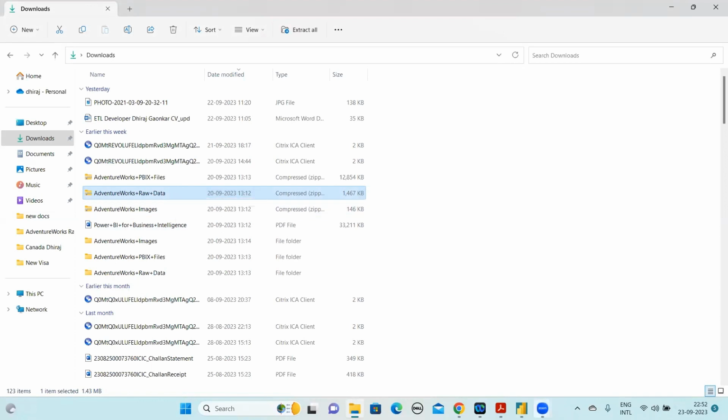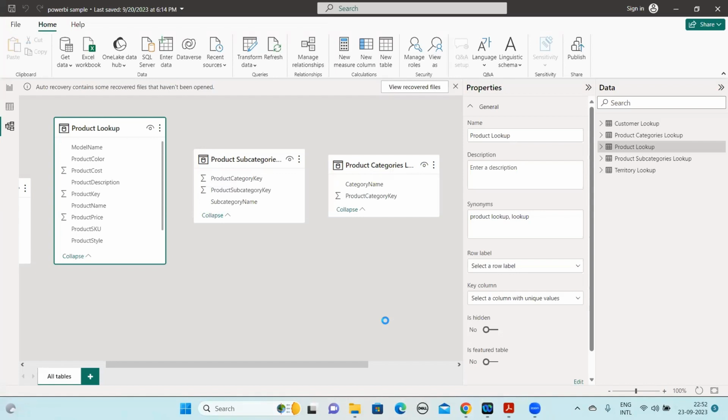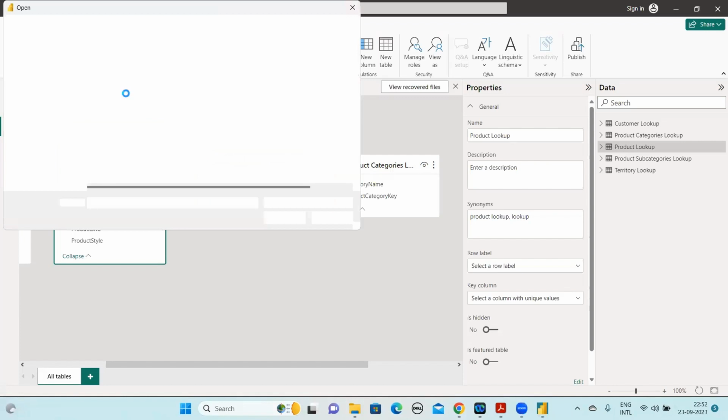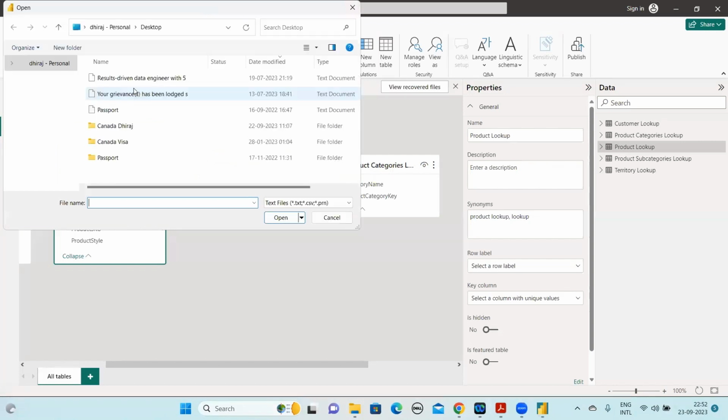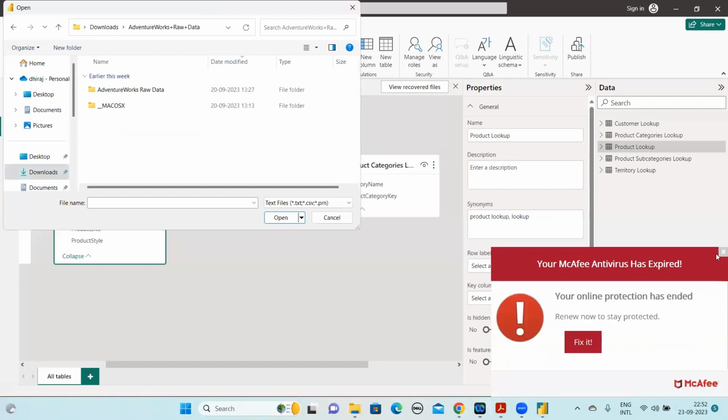From here, we can directly get the data from the sample side, where I've got it from the CSV file. Let's open from the CSV file. Let's take it in the downloads, raw data,